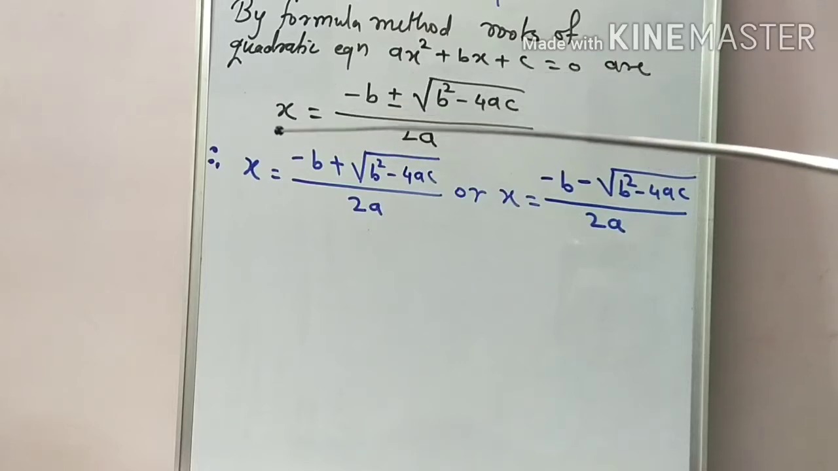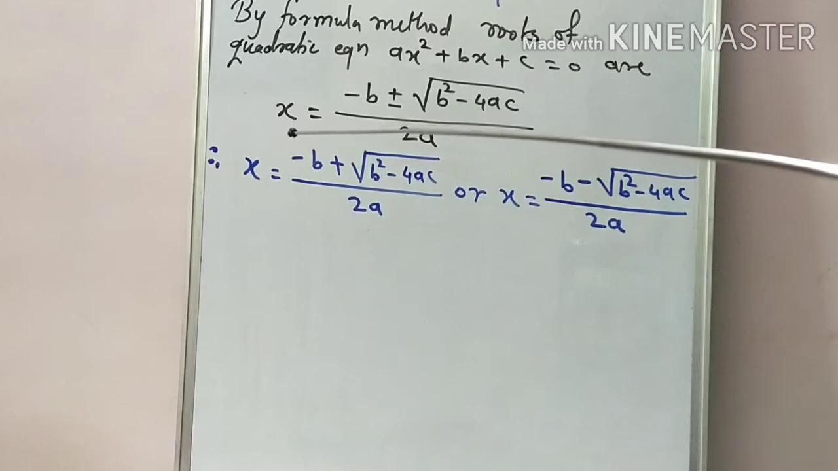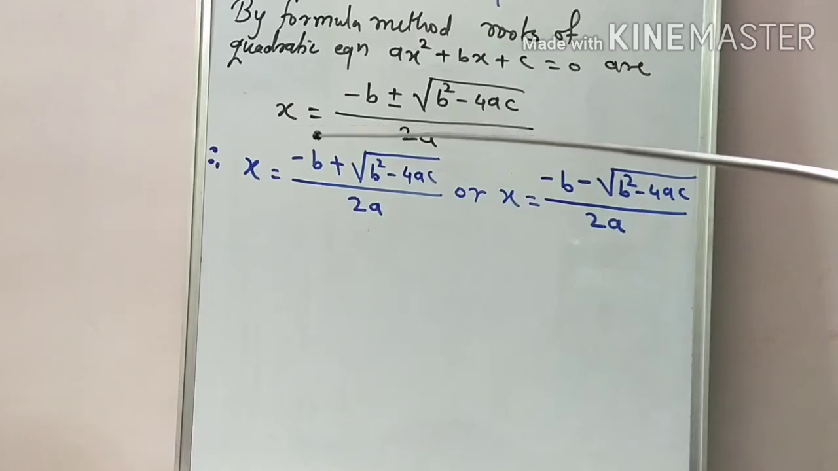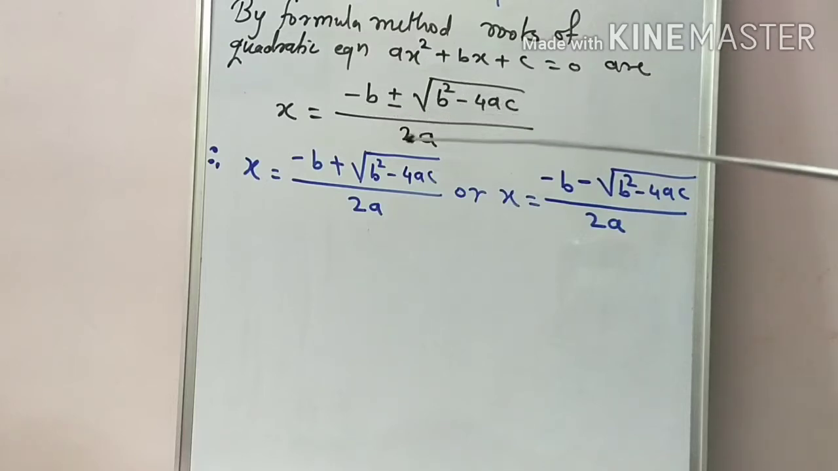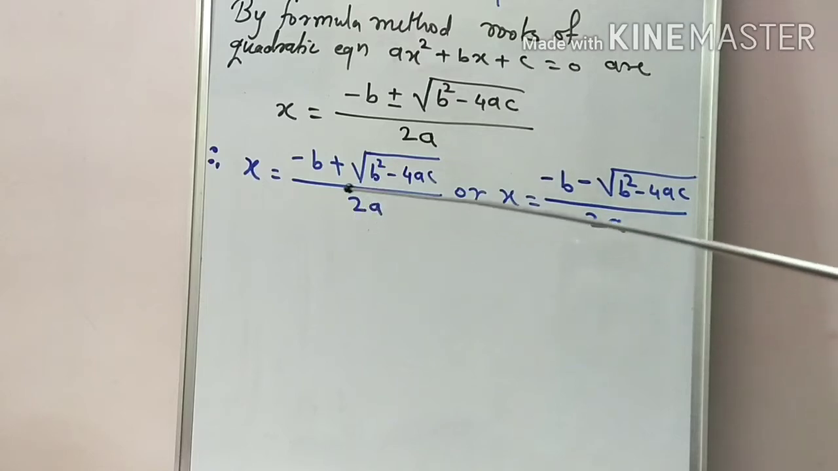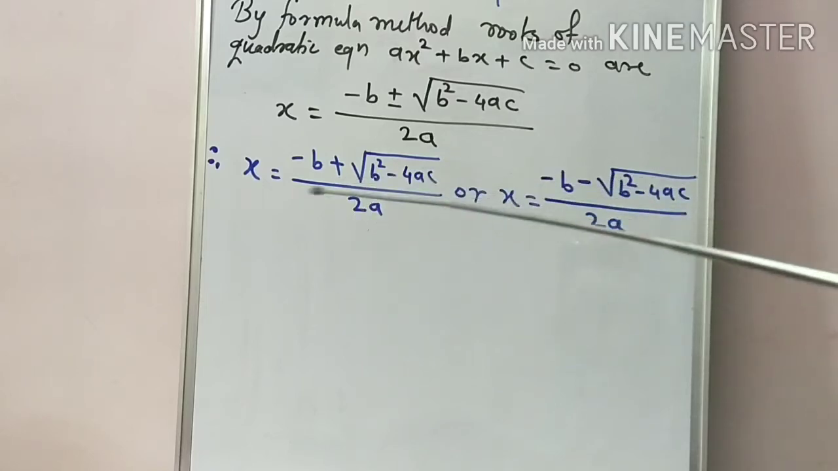The value of x, means the roots of the equation, x equal to minus b plus or minus square root of b square minus 4ac upon 2a, and then we separate the plus and minus sign, so we get two roots, two values for the variable x. Okay, students,